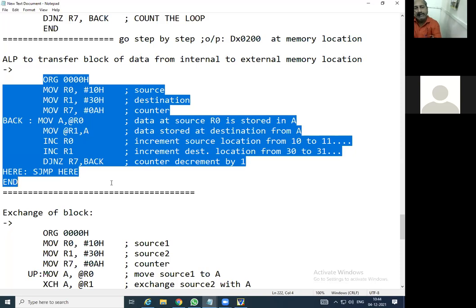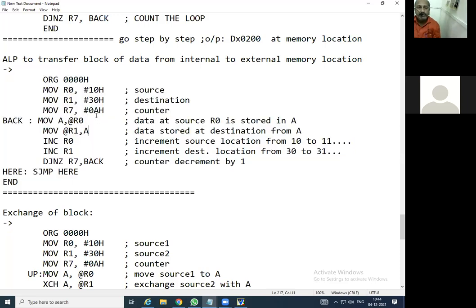You can transfer that many bytes. 10 is the limit for this program. And if you write 5 for the counter, that is 0, 5, and you have given 10 numbers, the next numbers are not going to get transferred. That also we are supposed to check.